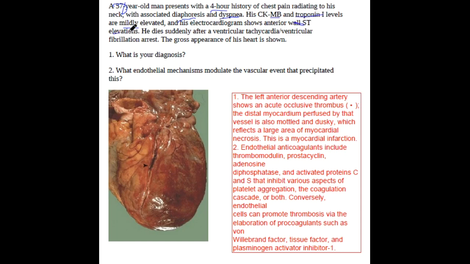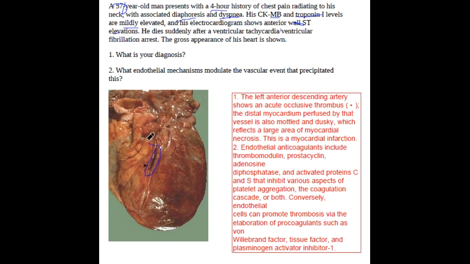Definitely there is some MI. He dies suddenly after ventricular tachycardia and ventricular fibrillation arrest. The gross appearance of his heart is shown. What is your diagnosis? So here you can see that there is